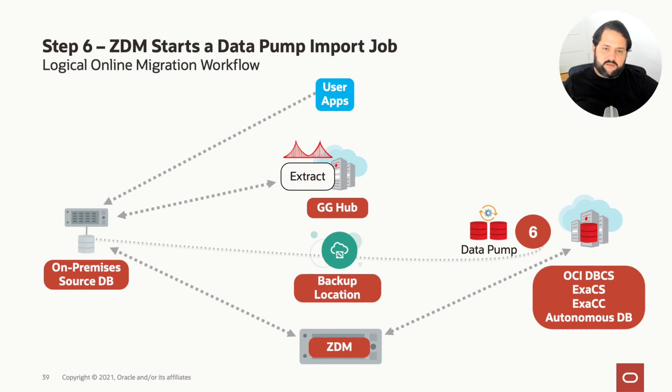But let me stop for a second there. If the target is the autonomous database, the ZDM instruction to do that instantiation, getting the Data Pump dump files, is completely done by ZDM, and the autonomous database will understand and do it directly. But if the target, let's say, is a Database Cloud Service, virtual machines, bare metal, or Exadata Cloud Service, what ZDM does is copy or transfer those files from the backup location to a local file system on the target, and then the Database Cloud Service that is the target will do the import and then the target instantiation.